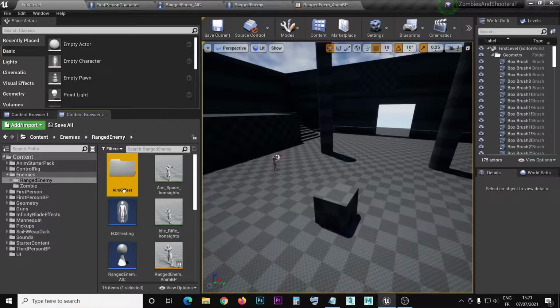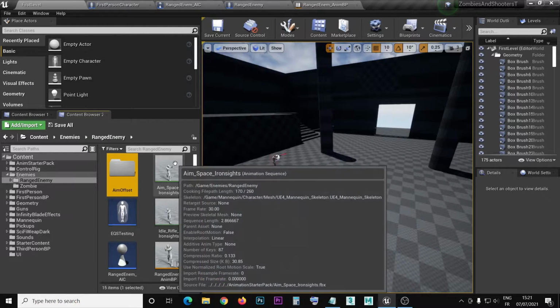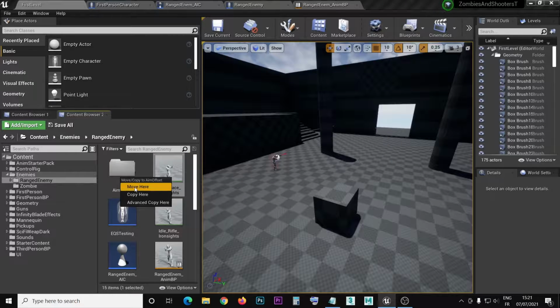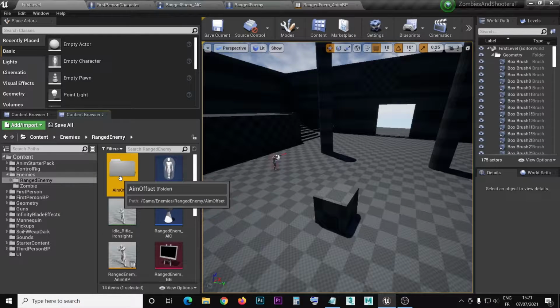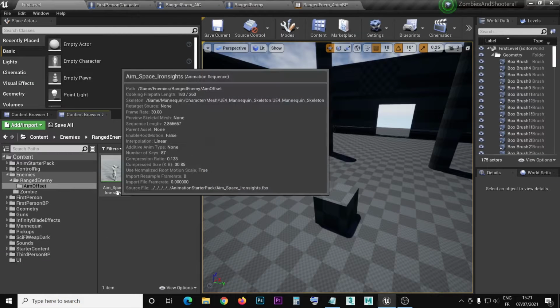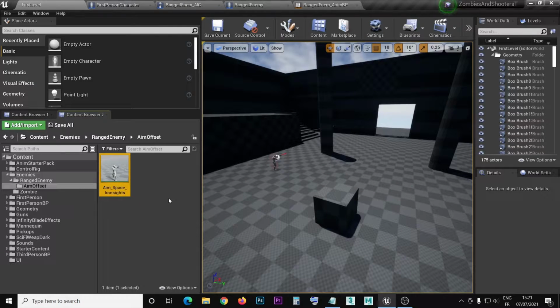Okay, so there I'm gonna move my aim space iron sights to that folder. To have things organized, I'm gonna open the folder and duplicate this animation file